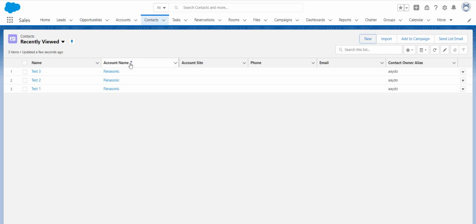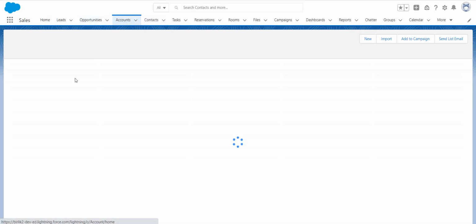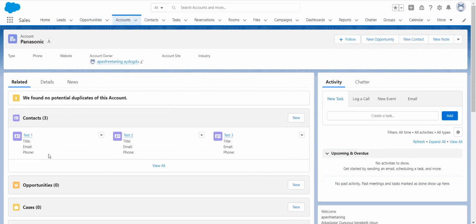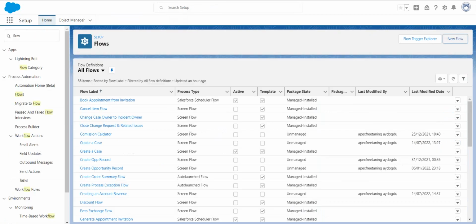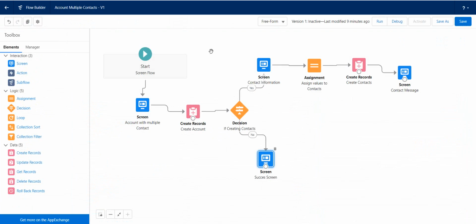So an account can have, for example, this one has 1, 2, 3, because contact and account have a lookup relationship. So if you want to create more than one contact for the same account, you can use Apex or you can use Flow. So in this example, what I did, I used a flow to create multiple